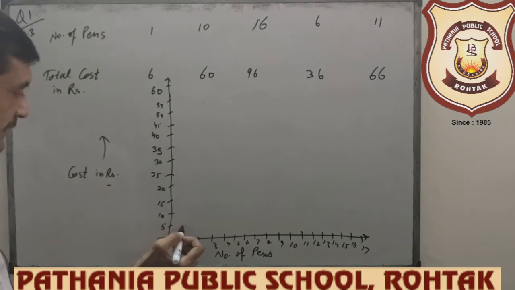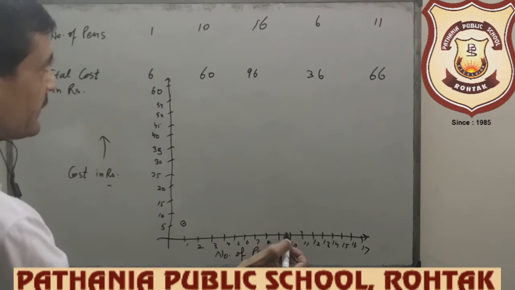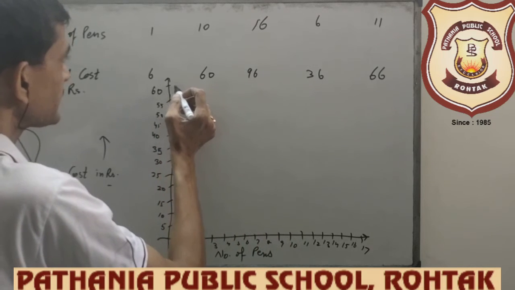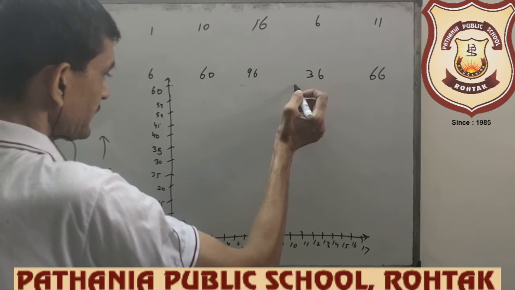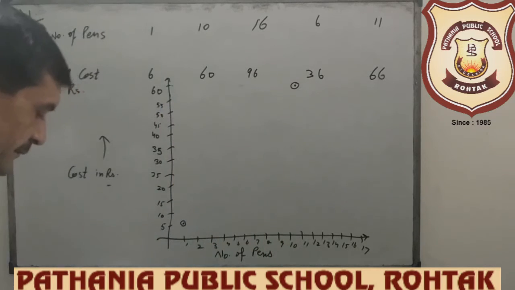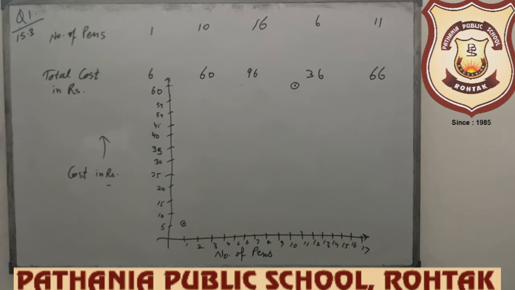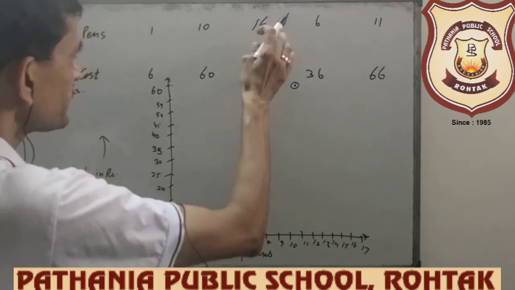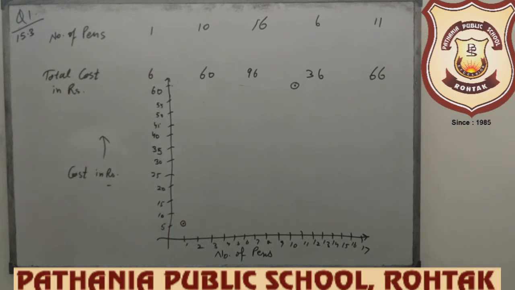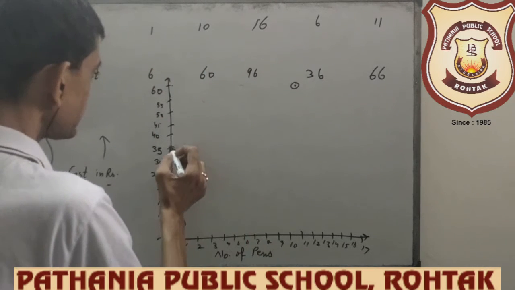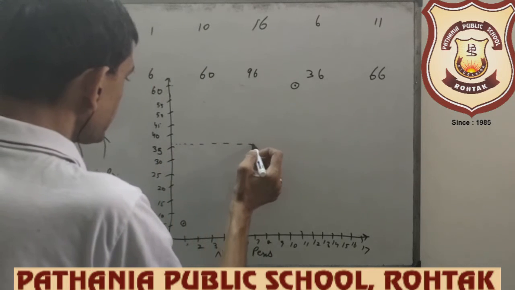Now 1 पे 6 है, 6 is just above the 5, this point is there. और 10 पे what is at 10? 10 cost is 60. अब यहाँ है ना 60, तो 10 पे आ जाओ बेटे, यहाँ से हो जाएगा, this is 10. और cost तो 96 भी है बेटे, कोई नहीं, I will draw 2 और 3 parts and then 16 पे 96 है, we drop this point because 96 is not here, आ तो जाएगा but it may enter in this question.